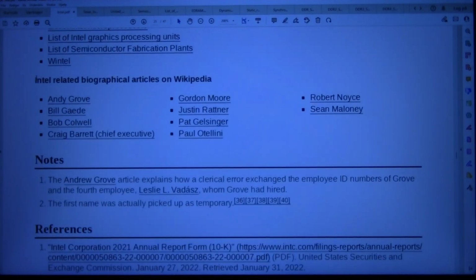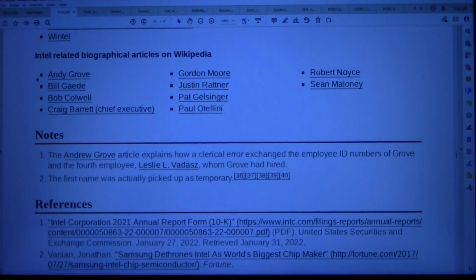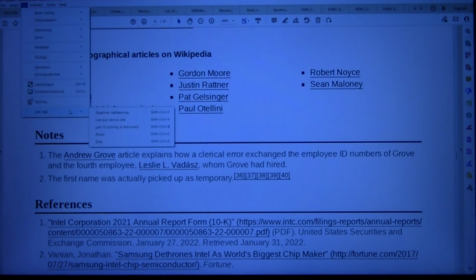Wintel. Intel-related biographical articles on Wikipedia. Andy Grove. Bill Gates. Bob Colwell. Craig Barrett, Chief Executive. Gordon Moore. Justin Rattner. Pat Gelsinger. Paolo Gargini. Robert Noyce. Sean Maloney. Notes. 1. The Andrew Grove article explains how a clerical...